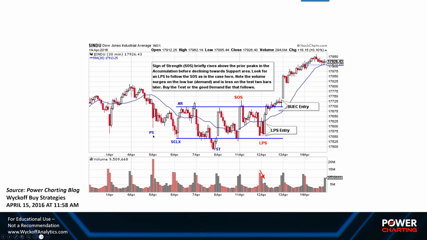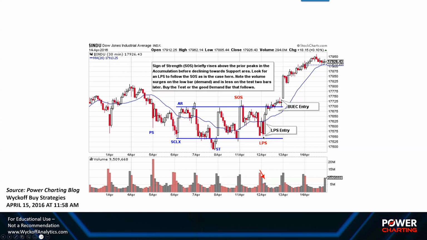You can see preliminary support here, beautiful bar with a tail, very huge volume, which shows that there's some demand here. And then systematically in the value zone, the Dow Jones stocks are being bought in this value zone. And then here we see the phase C low is the LPS, which does not spring, does not go to a new low. And look at this bar here, the LPS low, a very good bullish bar that completely takes back that decline.